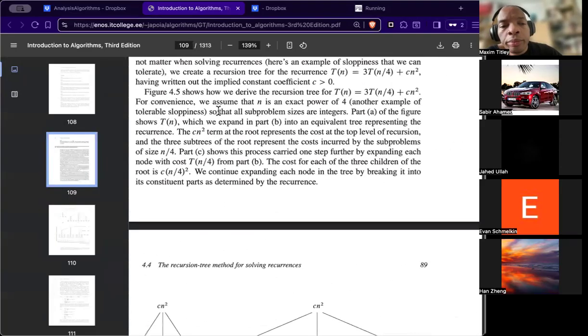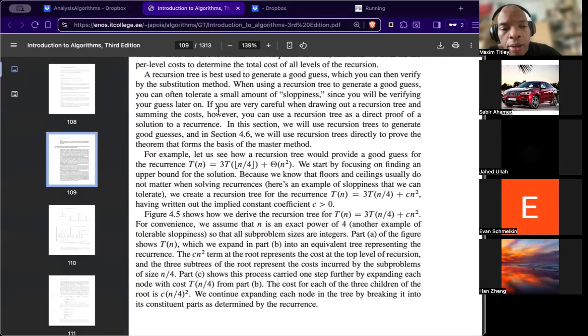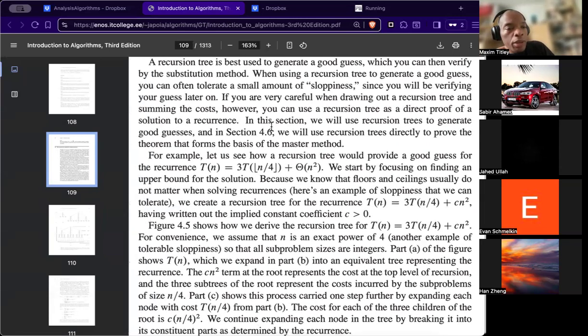So now, here we go. Here's the important part to remember. Let's suppose that we were doing the master theorem, and it seems nice for the recurrence relations that we want to solve. With the recursion tree, we could take a guess with it, but if we do it right, we could also hit it right on the head. So now let's see how a recursion tree provides a good guess for the recurrence T of n equals 3T floor of n over 4